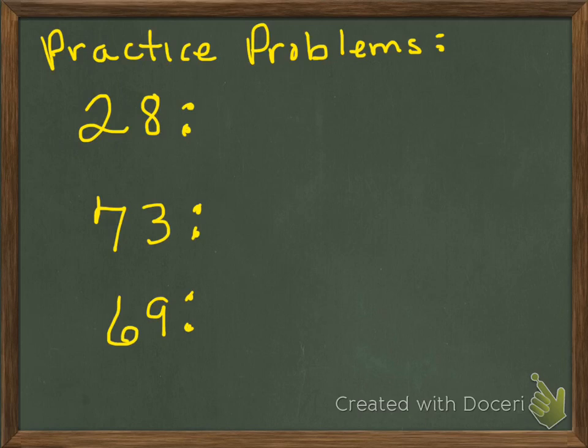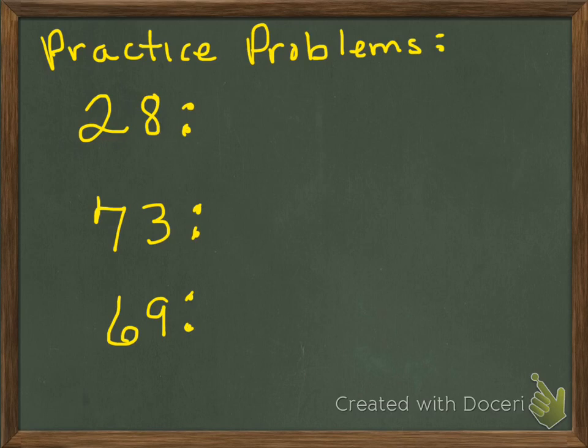Here are 3 practice problems that I want you to do tonight for homework. I'd like you to tell me whether 28 is a prime or a composite number. I want you to show the work on how you know. I want you to provide the factor pairs. I want you to write your factors in order from least to greatest. And if you use the divisibility rules, I want you to tell me which apply. 28, 73,